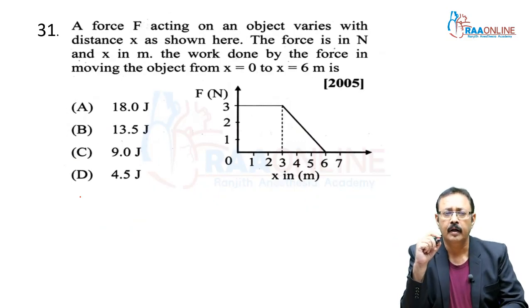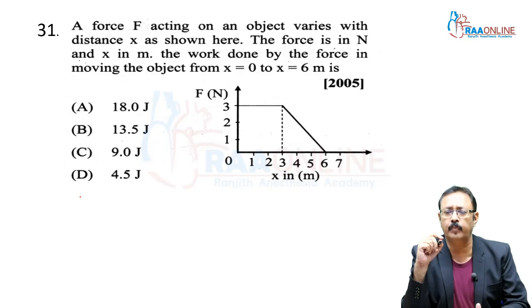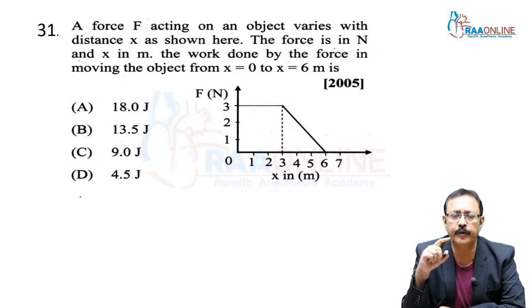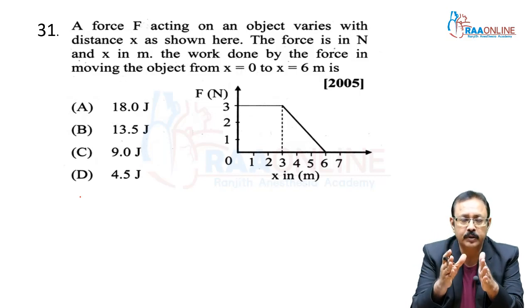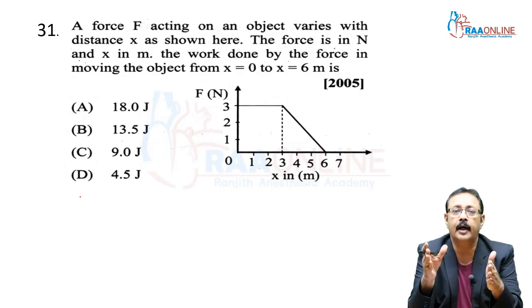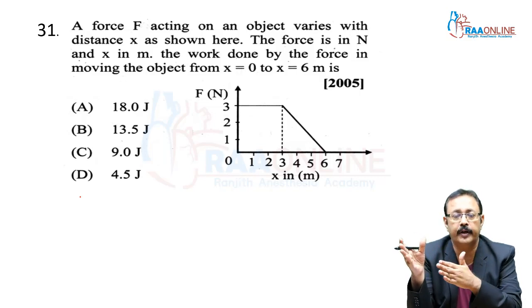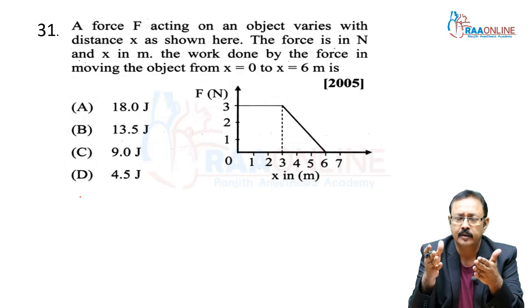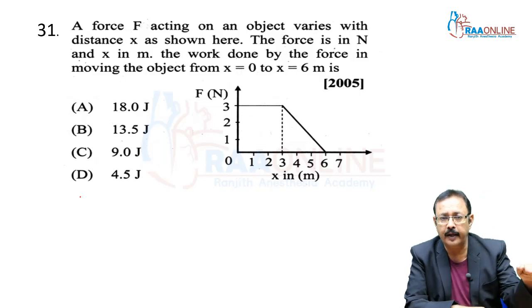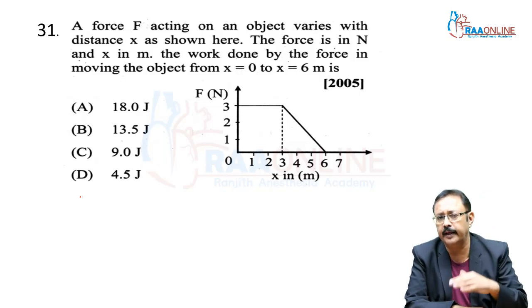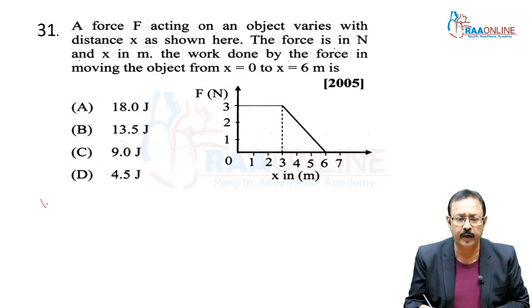Next, a force F acting on an object varies with distance x. The force is in Newton, x is in meter. The work done by the force in moving the object from x is equals to 0 to x is equals to 6 meter is. I told you that if force is variable, either we have to take the help of graph or the help of integration. Graph is there, so calculate the area bounded between your graph and displacement axis. Clearly your figure is trapezium, so work done means